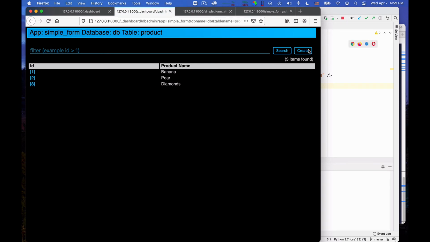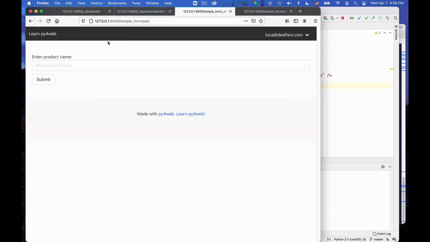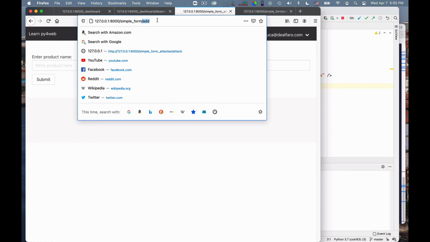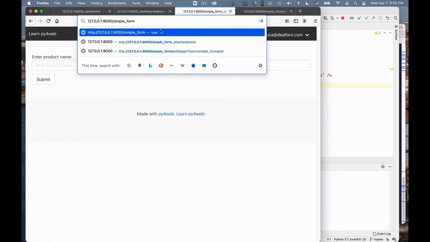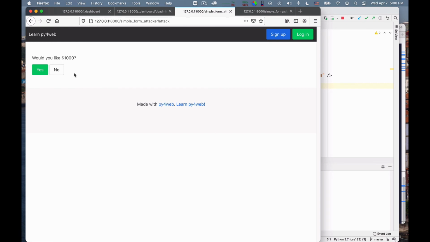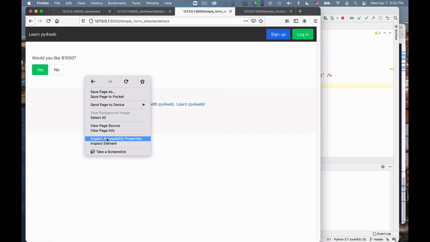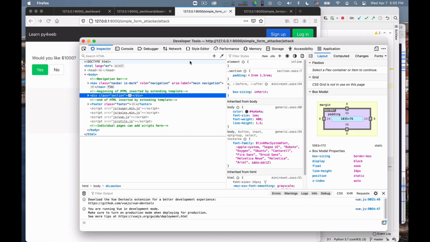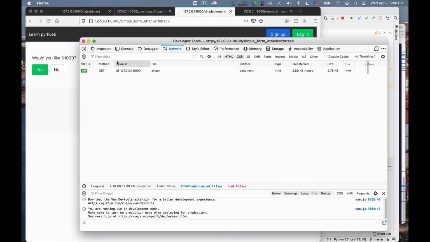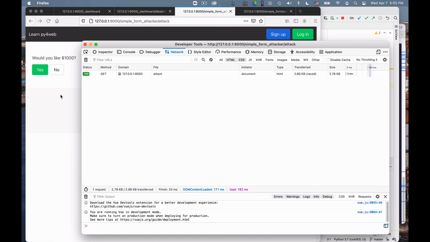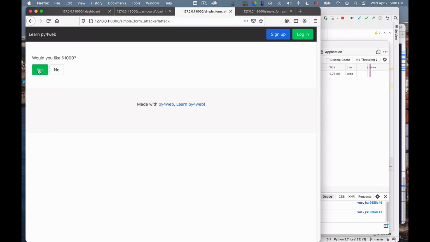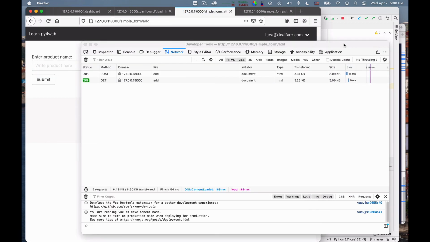Okay, let me replay the attack so that you can see it in another form. I can go back to simple form attacker. This is where the attack originated. What I want to do now is keep open the network tab to show us what's going on. So you see we got the attack, and so this is the get of the form. Now let me click here. Let's look at what happened.